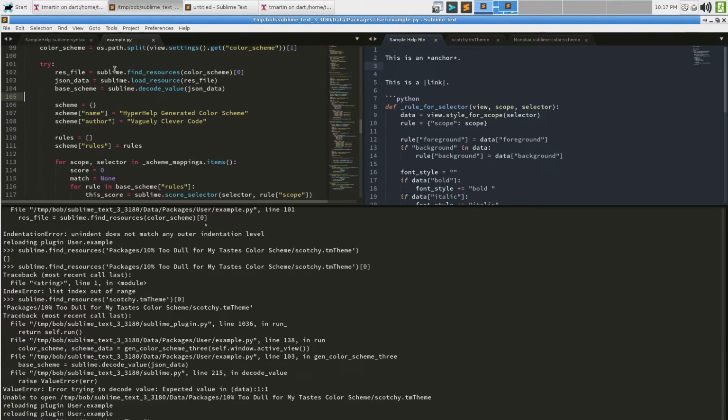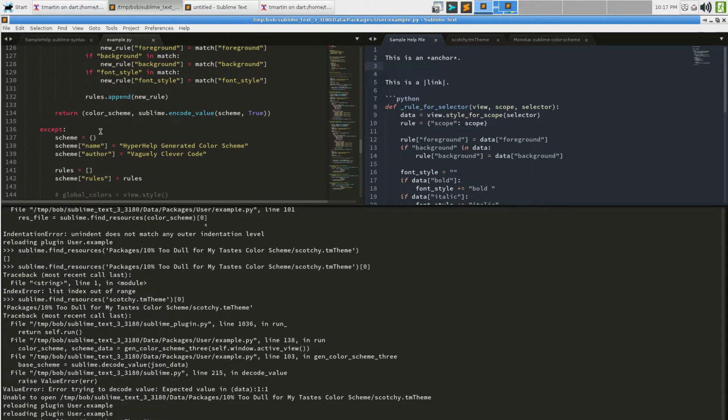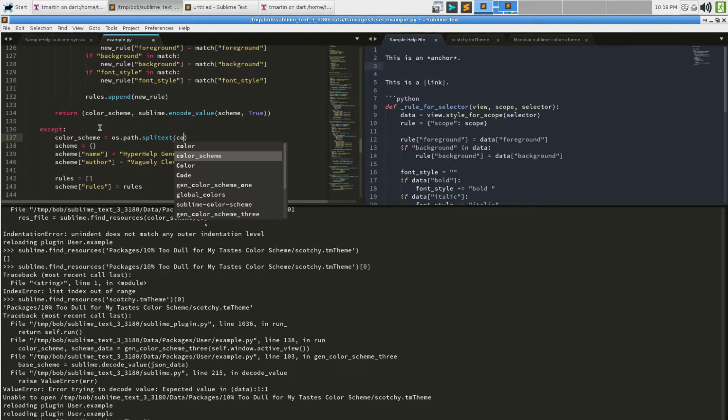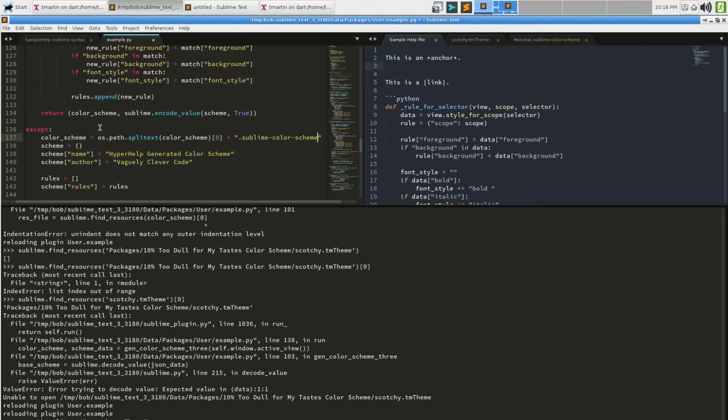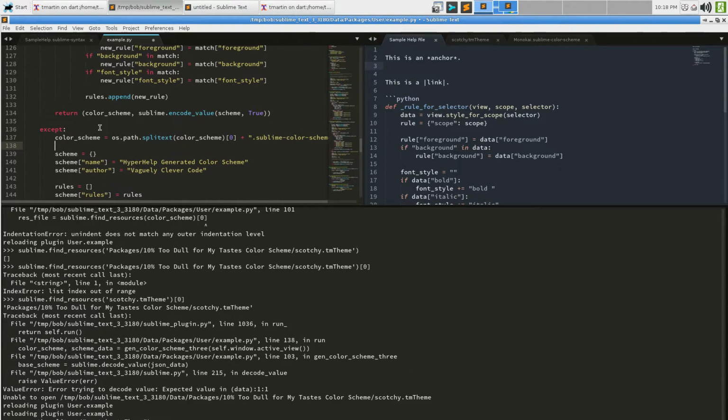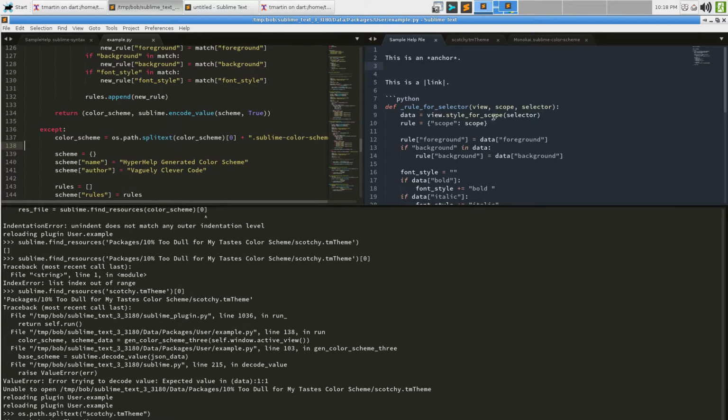So I guess if we were to end up in the exception, then we would say that color scheme is equal to os.path.splitExt of color scheme, the first part, plus dot sublime color scheme. TM theme files don't stack. Color scheme files stack. Let's try it again with 16 seconds left on my 2-hour timer in the stream.